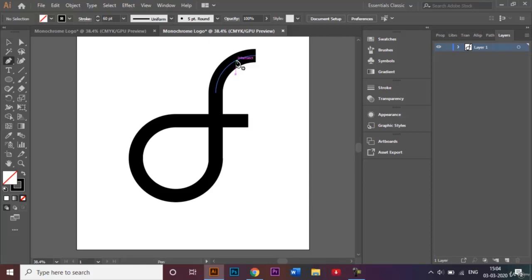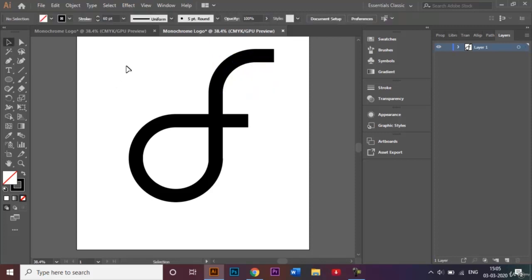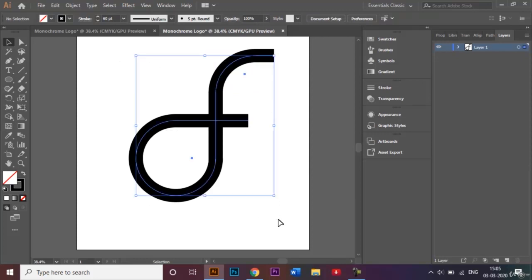Similarly, I'll use the Pen tool in this top anchor point and extend this a little to the top like that. So we've made the basic shape so far, but the only thing left to do is select all of this,